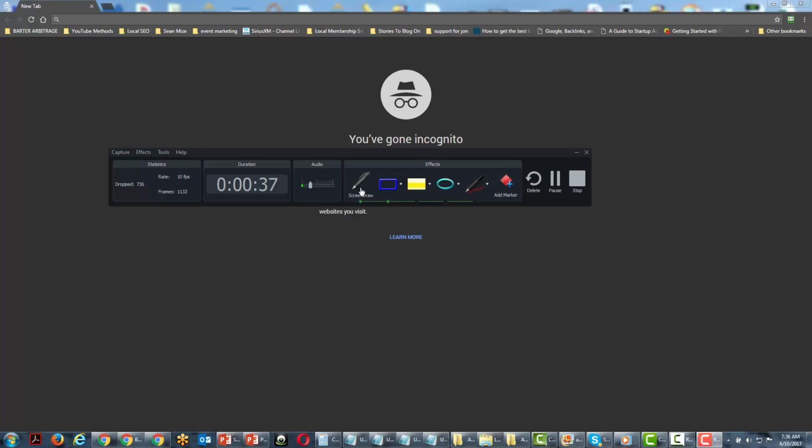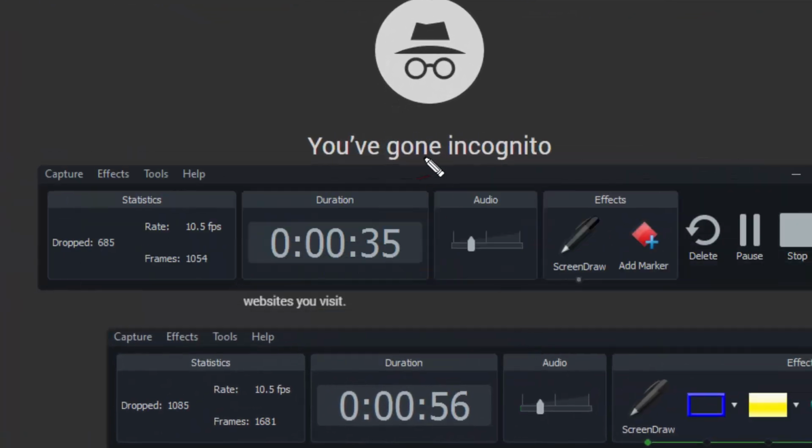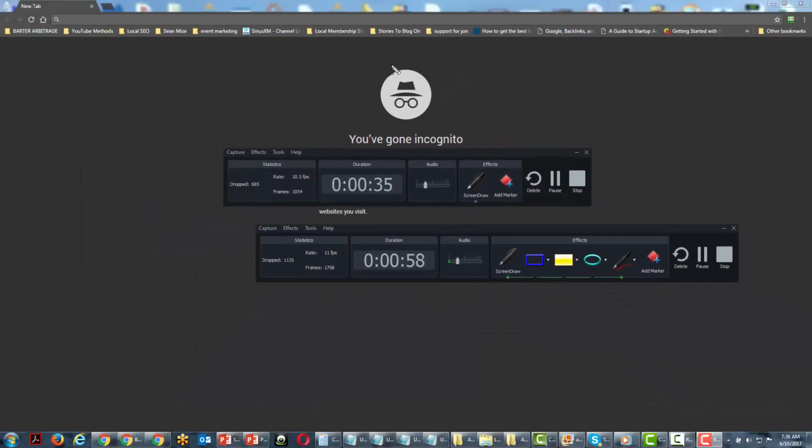And what you'll notice is that when you click the screen draw button, the rest of the effects come available. Now what we can do is we can actually choose to use the pen, which we have, and let's see what the pen actually does. One of the things that it does is it draws. Right? And so this probably works extremely well if you have a tablet, but it works very well even if you don't. And you are able to draw lines on your presentation,